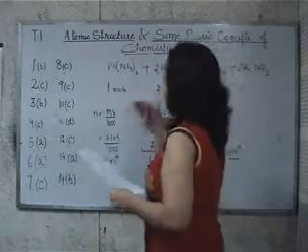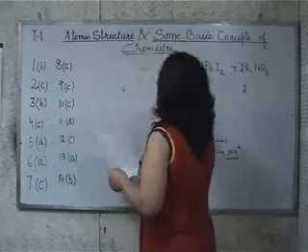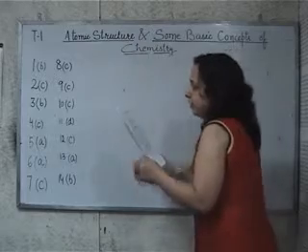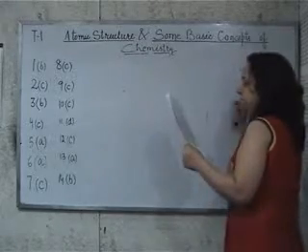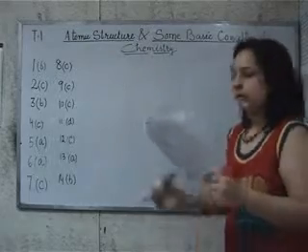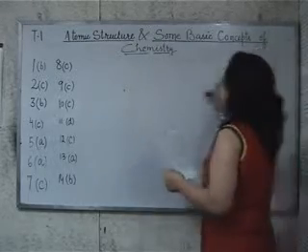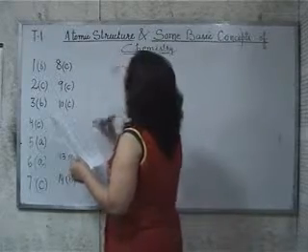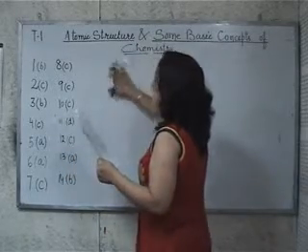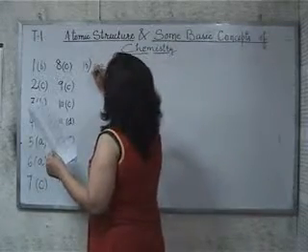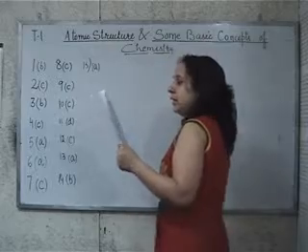Now question number 15. What would be the weight of slaked lime required to decompose 8 grams of ammonium chloride? Again a stoichiometry based numerical, but now we must try it. First we write the equation.